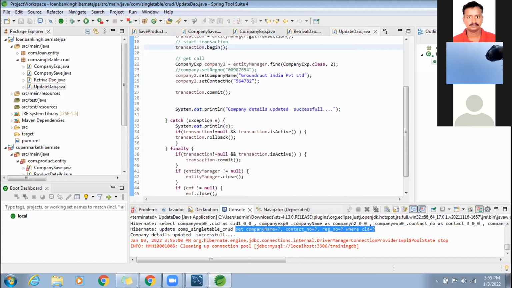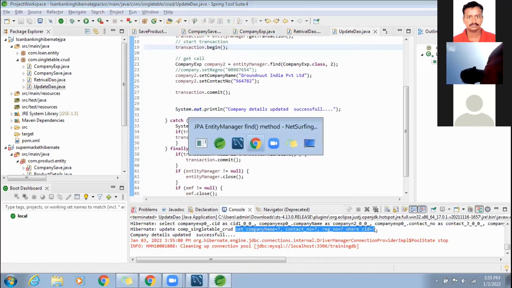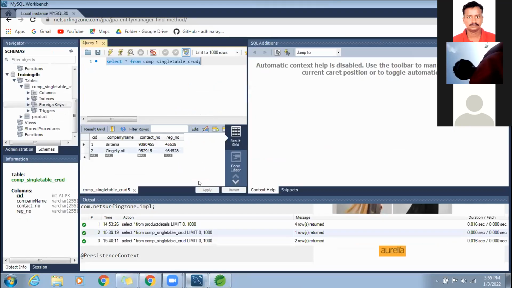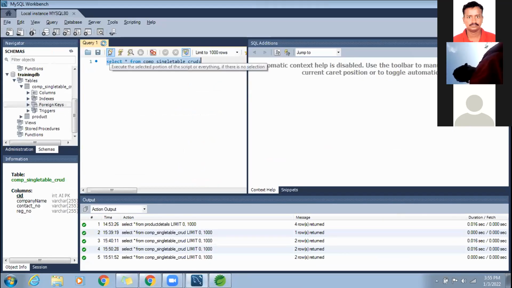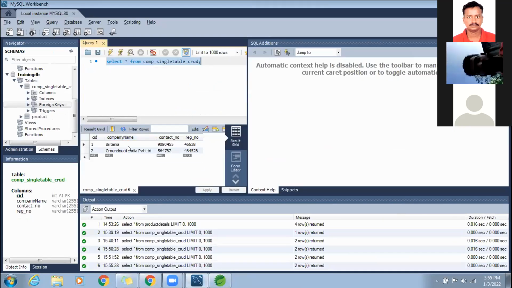Can you go to the database and see whether your record changed? Yes, sir, it got changed. Can you all remove that second begin? That's why it was going to catch and roll back.